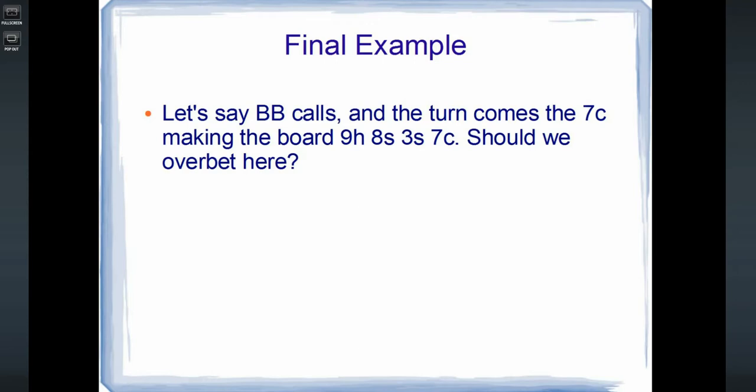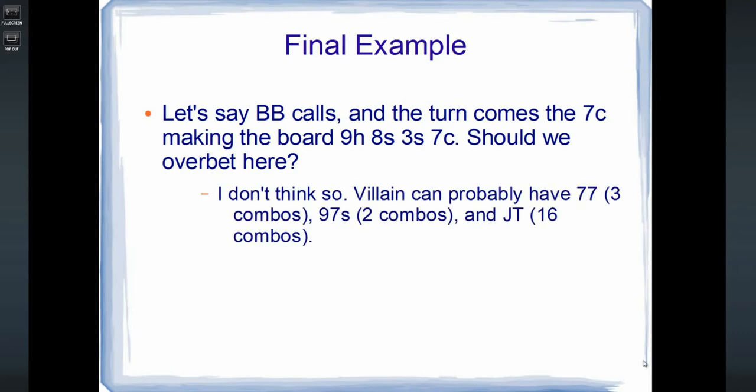So let's say the big blind calls our flop bet and the turn card comes the 7 of clubs and the flush does not get there. Should we overbet here? Pause for a moment and think if you'd want to overbet here. I would say I don't think so, because villain can probably have 3 combos of sets now for 7-7, 2 combos of 9-7 suited, and 16 combos of Jack-10. So whether or not he has 7-7 or 9-7 suited,